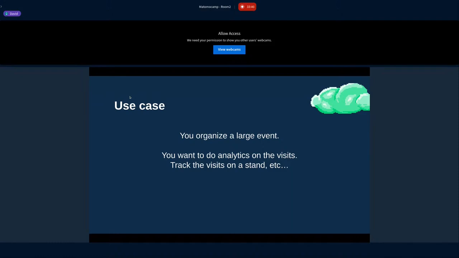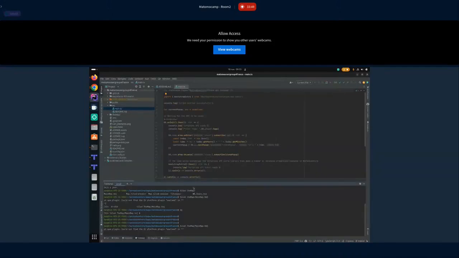So how could we integrate Matomo with WorkAdventure? Well, through the scripting API. How does it work? Well, I already told you about the map. So here I've got a directory which contains the Matomo map with here the TMG file.